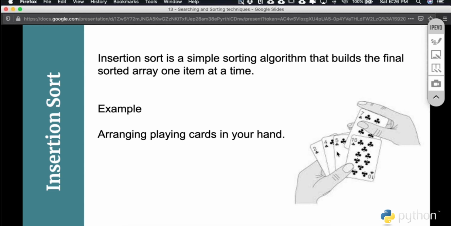And this is the philosophy of the insertion sort algorithm. In the example on your screen, I have 4 cards already in my hand: 2, 4, 5, and 10. The next card I picked is the 7. I compare 7 with 10, and as 7 is smaller than 10, I make a swap with card number 10 and look at the next card. The next card is the 5, which is smaller, so I insert that card between 5 and 10. And this is what we call the insertion sort algorithm.